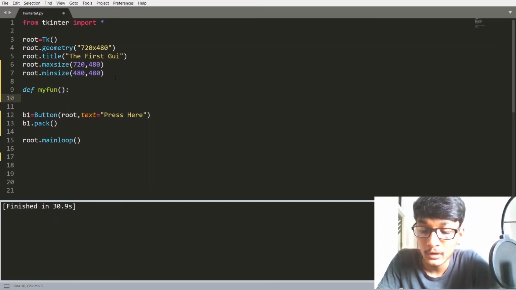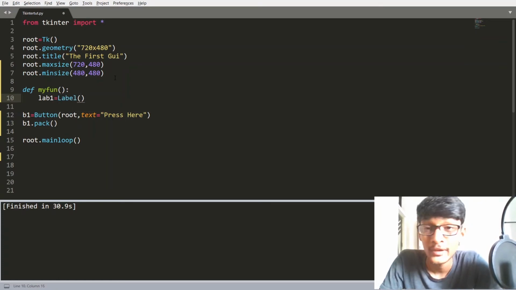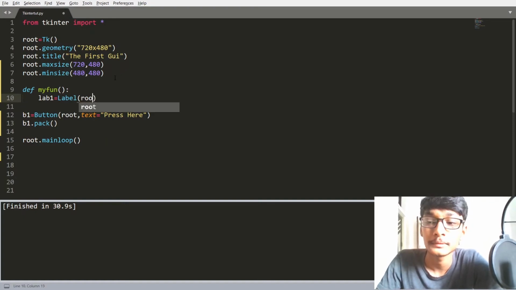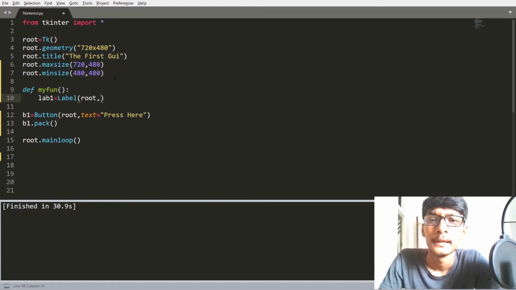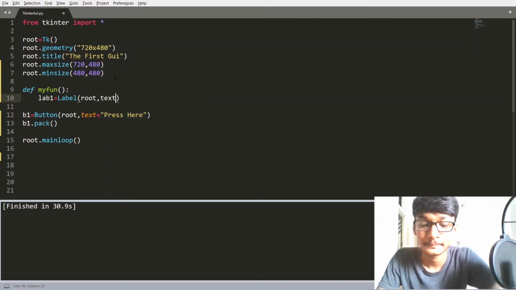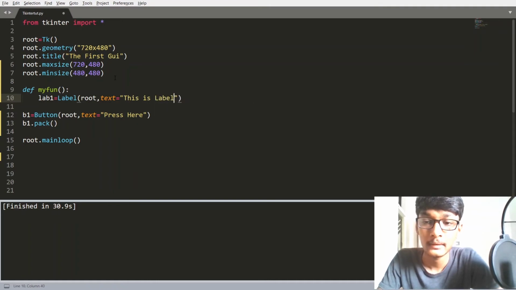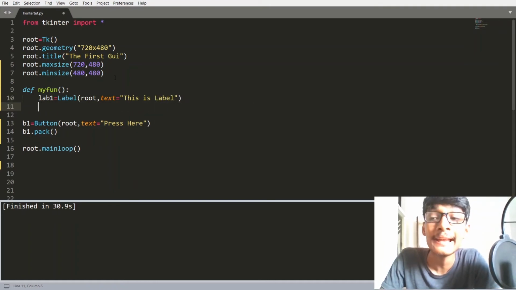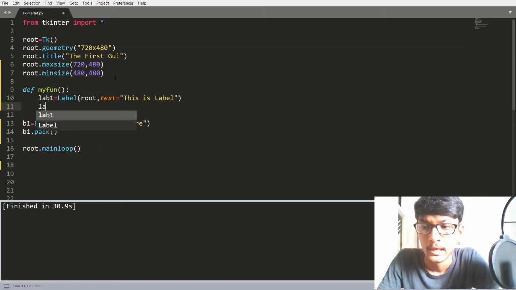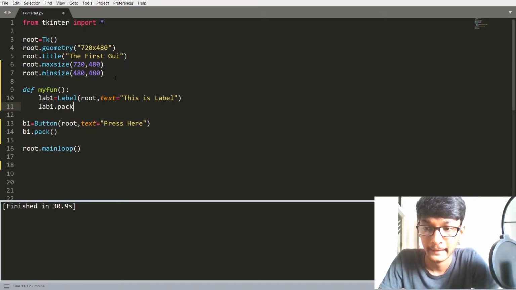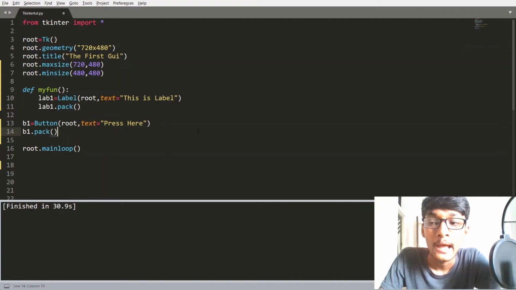Let's say label1 is equal to Label, and we have to pass our master, that is root, and here I am going to pass text like "this is label". Then I am going to pack this label, so label1.pack.